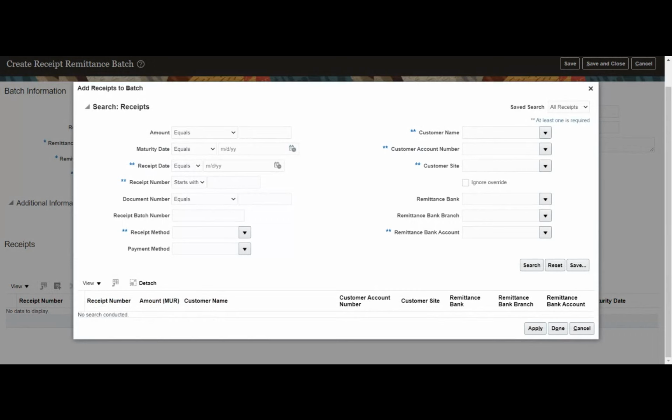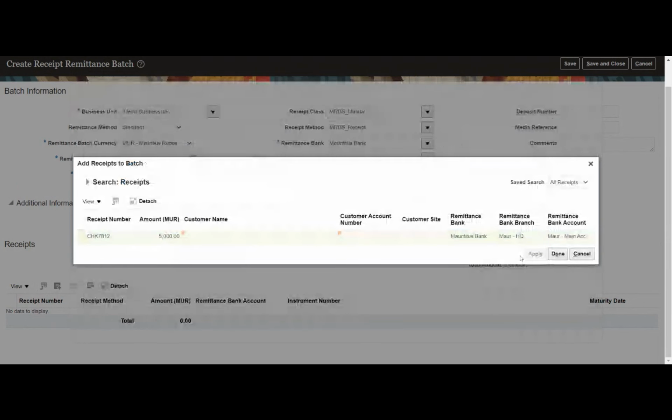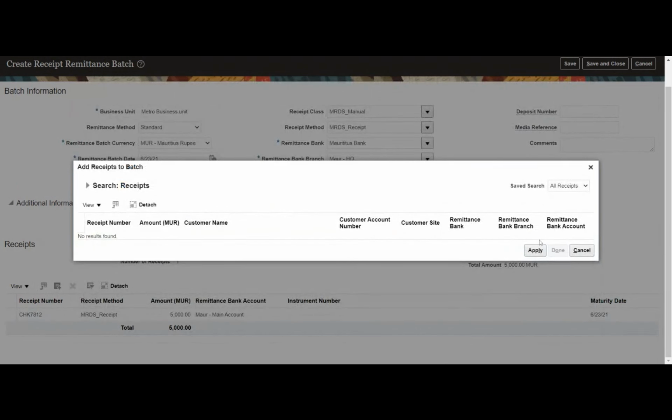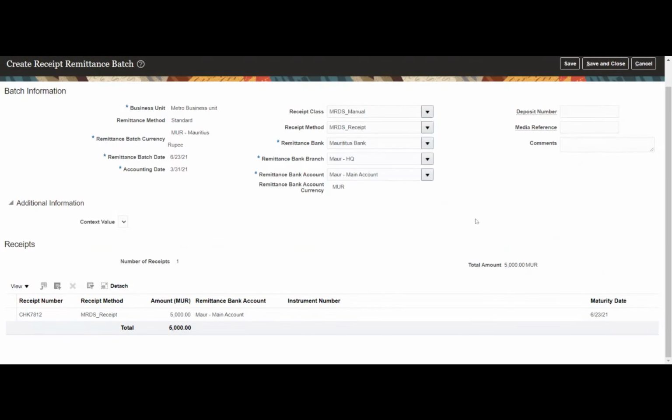So our receipt number is CHK7812, so I'll just supply this. Okay, so this is the receipt amount that we created.